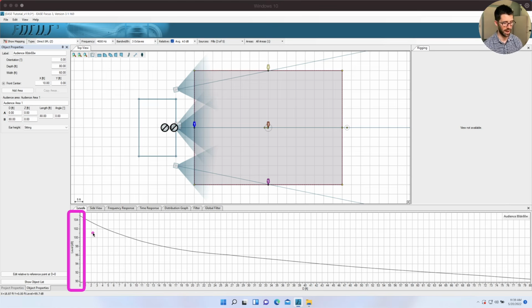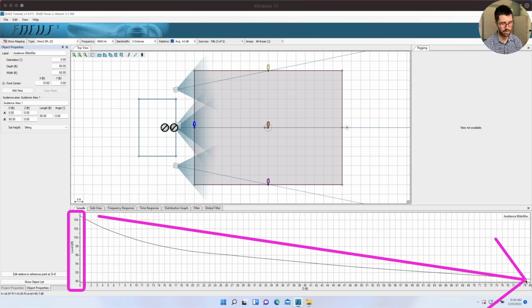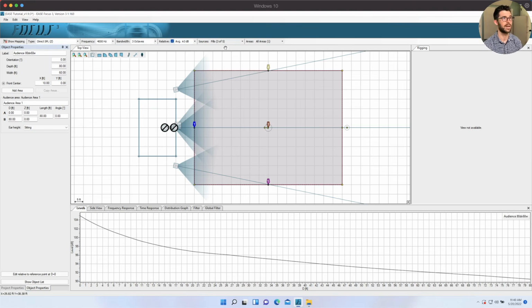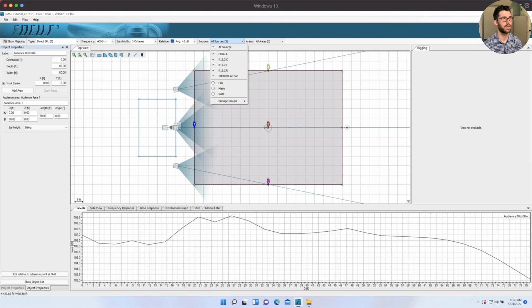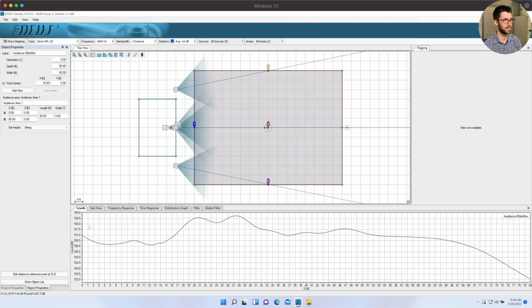So that's as this drops all the way down. So that's not great. So let's turn our entire sound system back on by clicking on all sources. And this is much better. This will dynamically adjust. This is 108 dB and it falls down to 103. So 108.5. So this is 5.5 dB from all the way to the front, all the way to the back at that current weighting. So that gives me within my plus or minus 3 dB